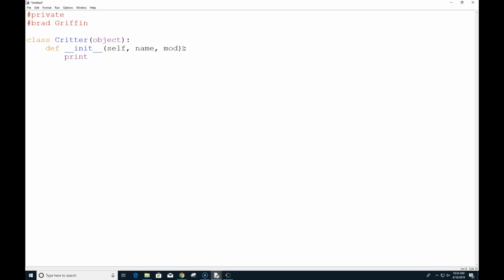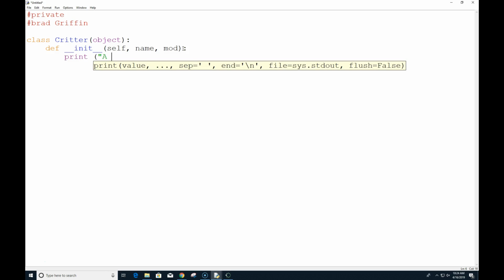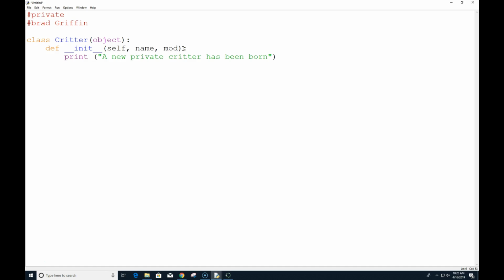And we're going to print, and we're going to add self.name equals name. In other words, whatever we pass in as a name. I'm going to call that my public.